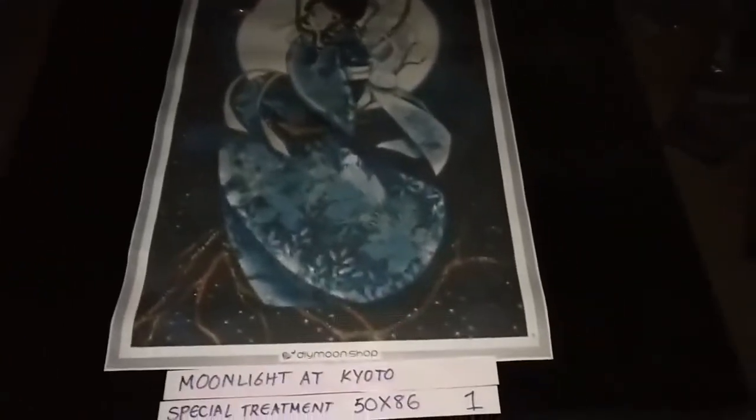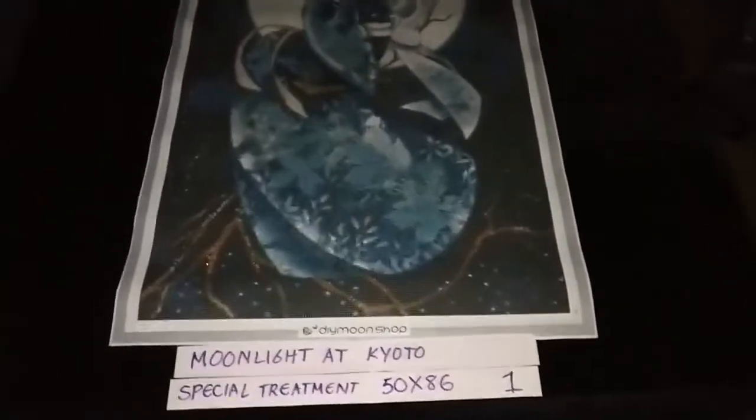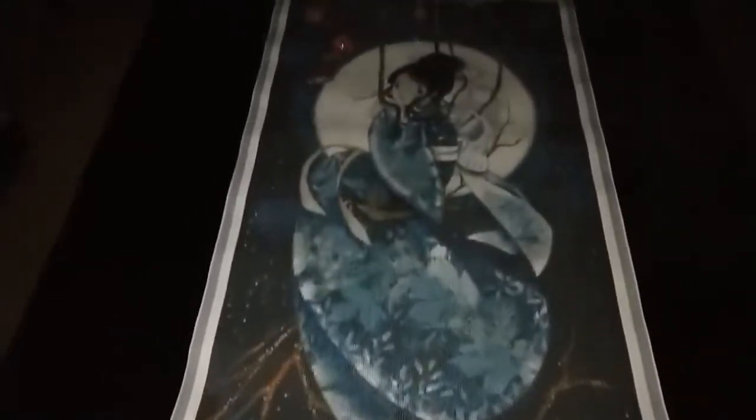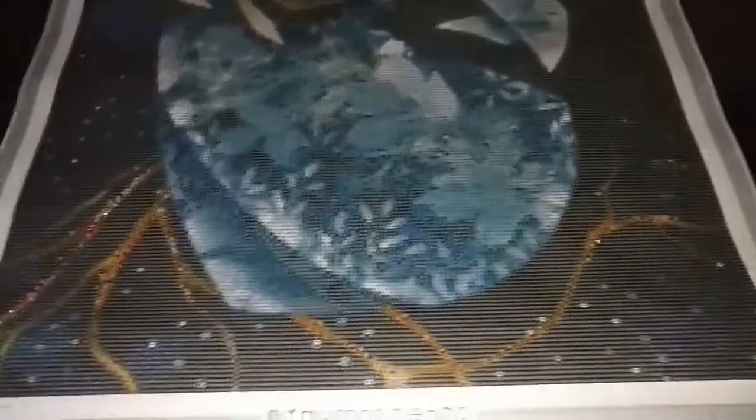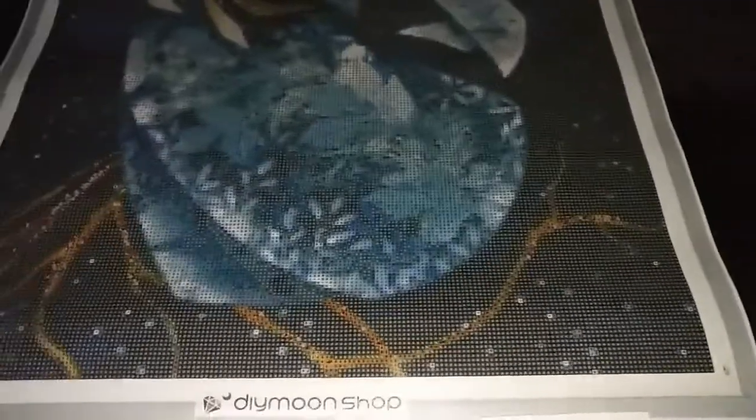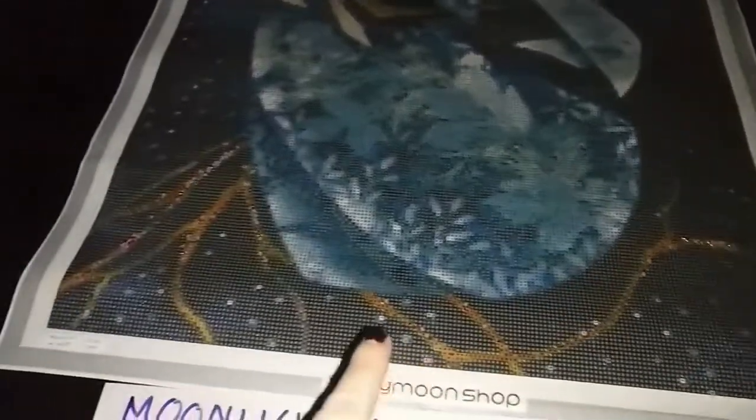Moonlight at Kyoto in 50 by 86 cm. Artwork by Cathy Delanssay. Special treatment version 1 starts with auburn crystals that we have sprinkled on the orange branches